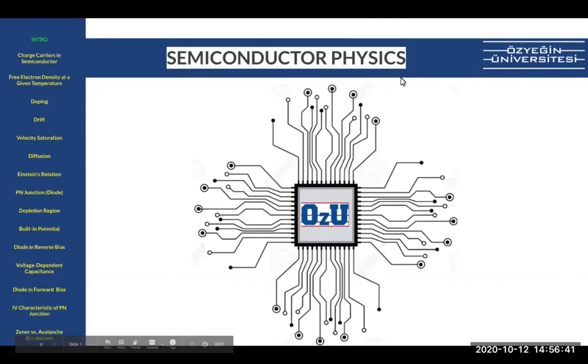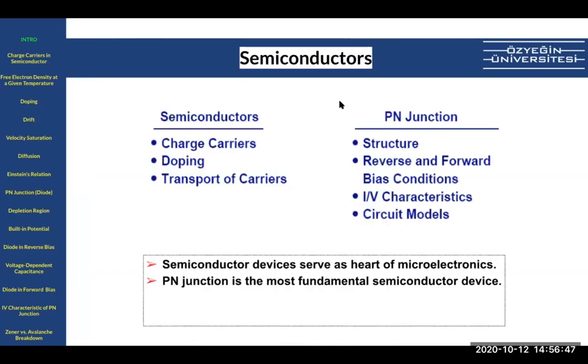Today we'll talk about semiconductor physics and what semiconductor physics is. So we'll cover a lot of different subjects and I divide it into three. First, we'll identify the charge carriers in solids and formulate their role in the current flow. I'll explain what doping is, and also we'll explain the transport of carriers, basically electrons and holes in a